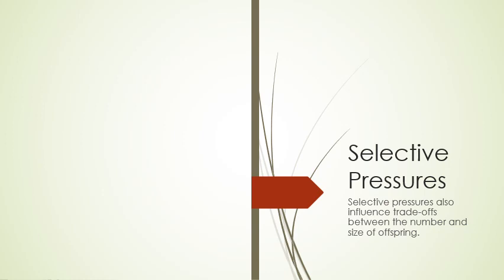Think about the trade-off between number and size. Usually the larger an organism is, the more you've invested in it, the more likely it is to survive. If you produce a ton of tiny babies, you've invested fewer resources and produced more of them, but each one is individually less likely to survive. Chances of one of them surviving to adulthood are roughly the same as the single large one surviving to adulthood.